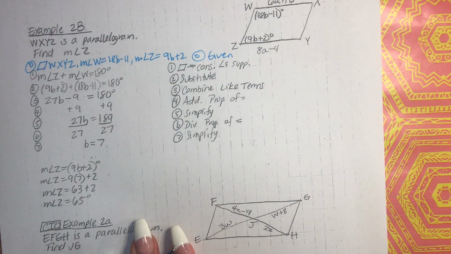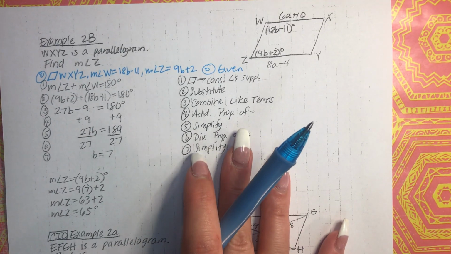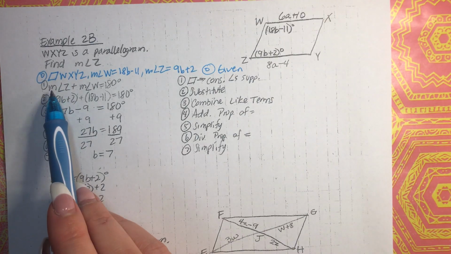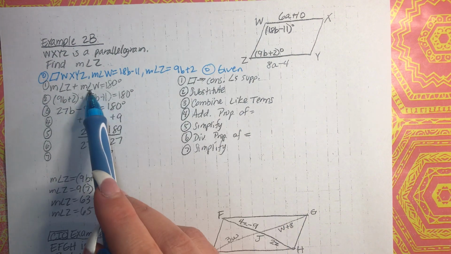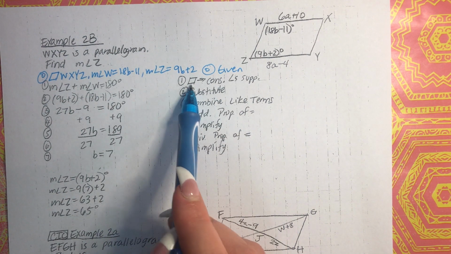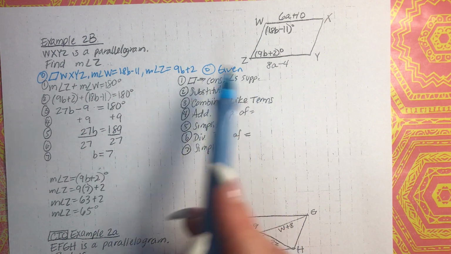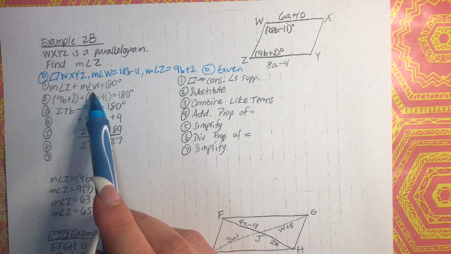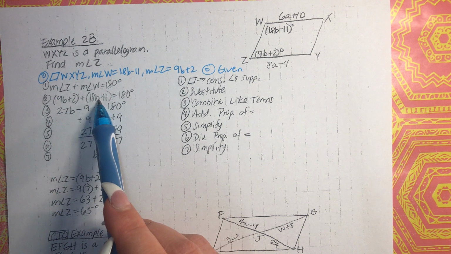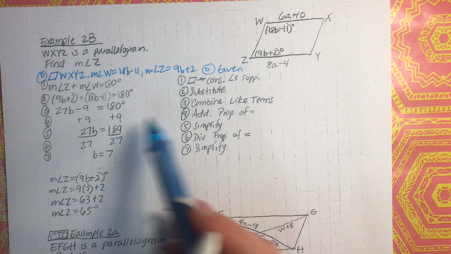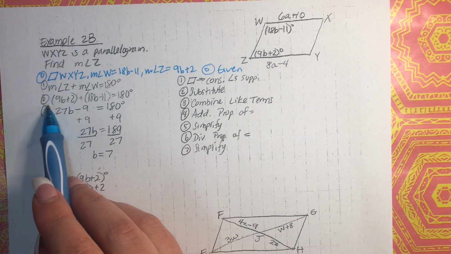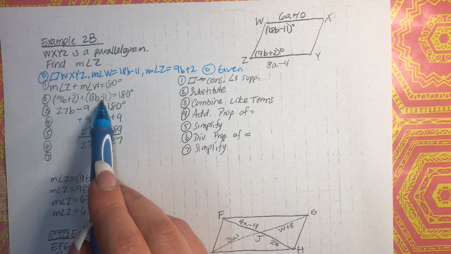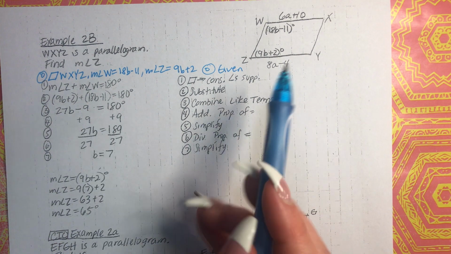Now we're just going to state that these 2 angles are supplementary, because if it's a parallelogram, these are supplementary. So we have the measure of angle Z plus the measure of angle W equals 180. If it's a parallelogram, then the consecutive angles are supplementary. Perfect. And then we just substitute in: the measure of angle Z is 9B plus 2, and the measure of angle W is 18B minus 11. Then we're just simplifying, combining like terms, so 9B plus 18B is 27B. We got 2 minus 11, which is negative 9. And then we're just going to